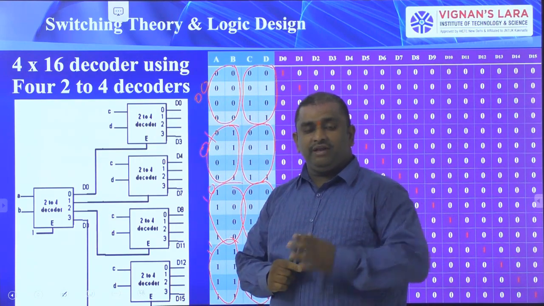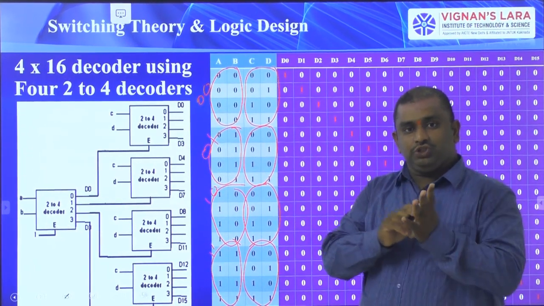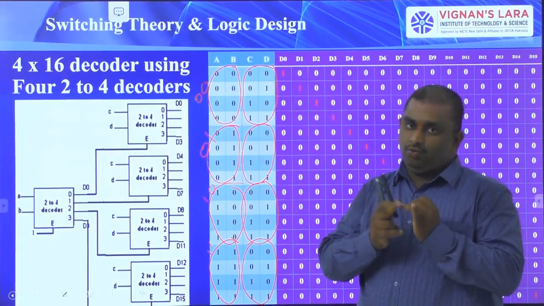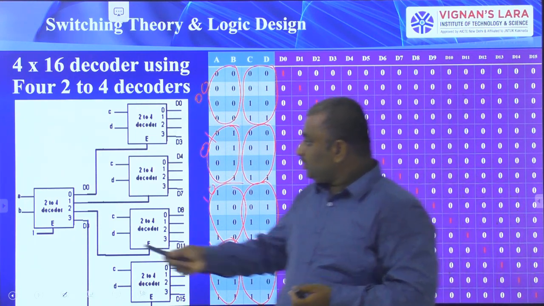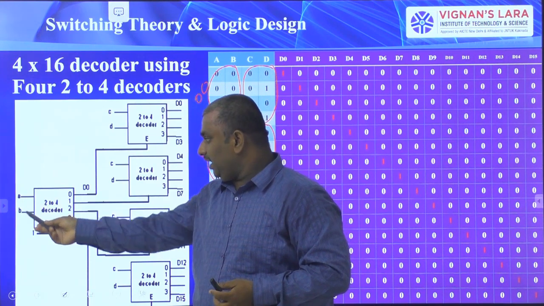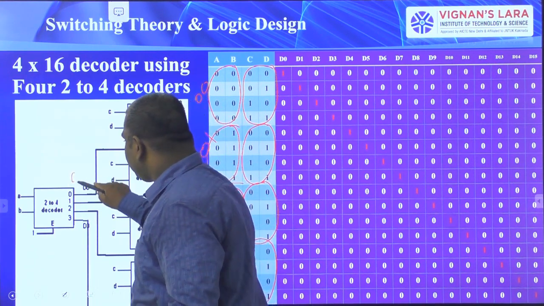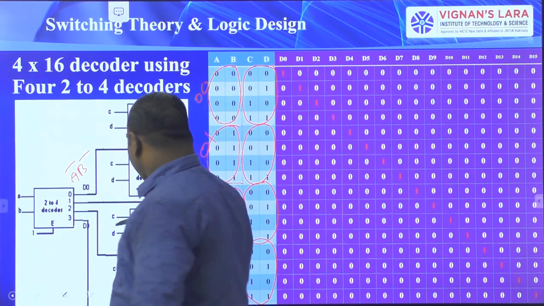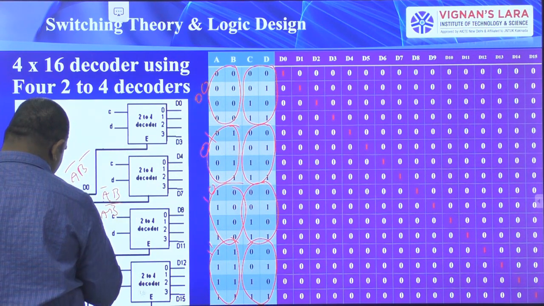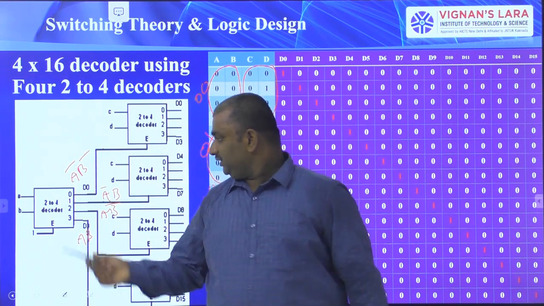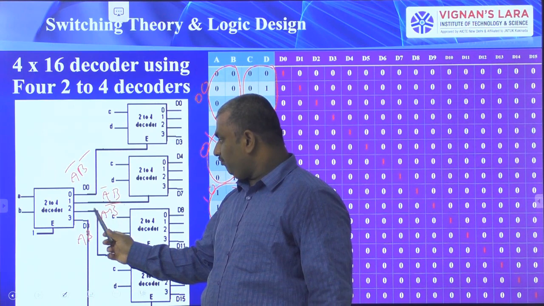If you observe the earlier decoder, for a normal 2 to 4 decoder, these 4 are the outputs and it has 2 inputs. So I have written here A, B. For this AB, I have 4 outputs, that is 0 0, 0 1, 1 0, 1 1. That is nothing but A bar B bar, next A bar B, next A B bar, next A B. So these are the 4 outputs: A bar B bar, A bar B, A B bar, A B.